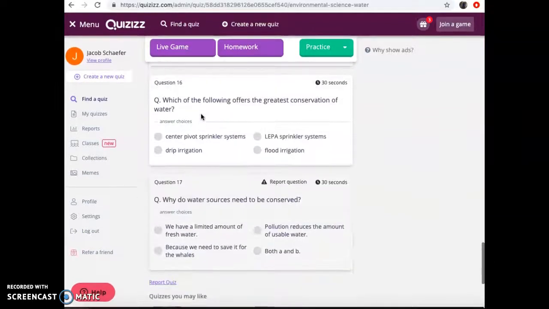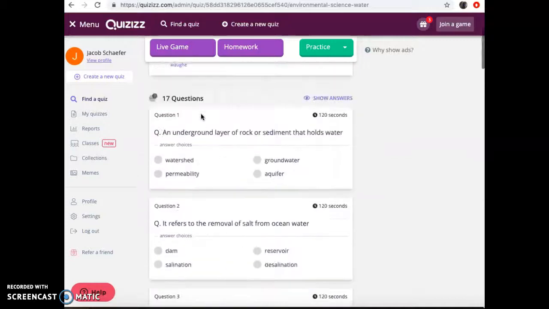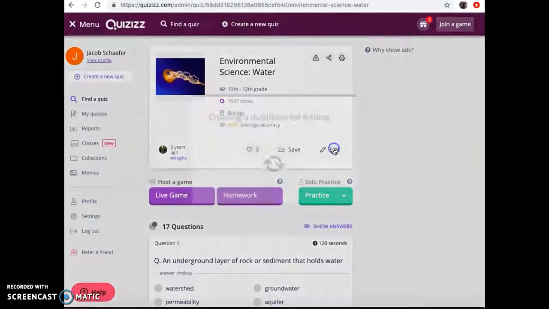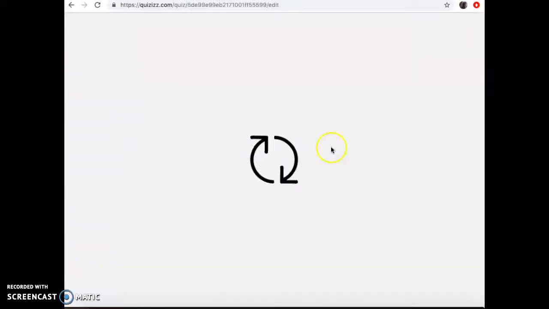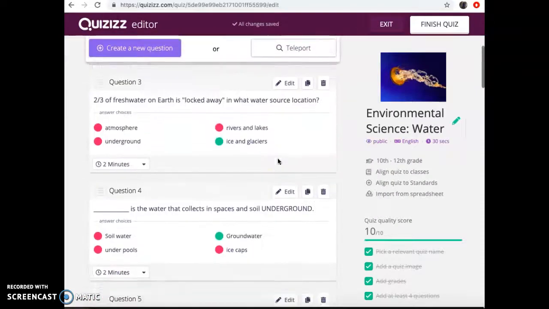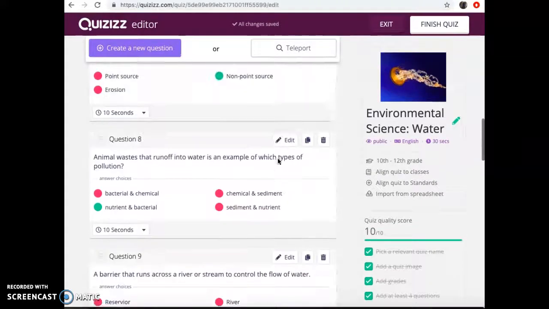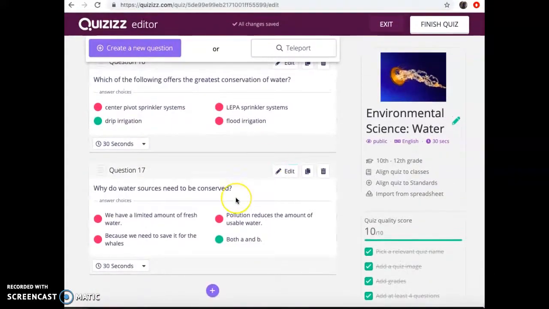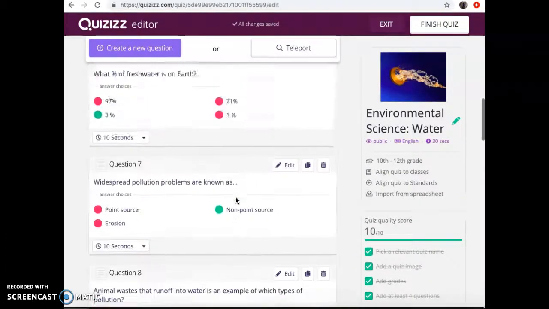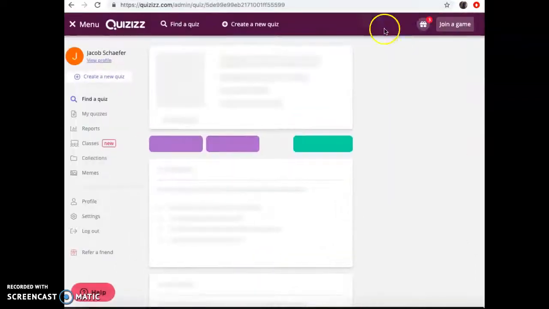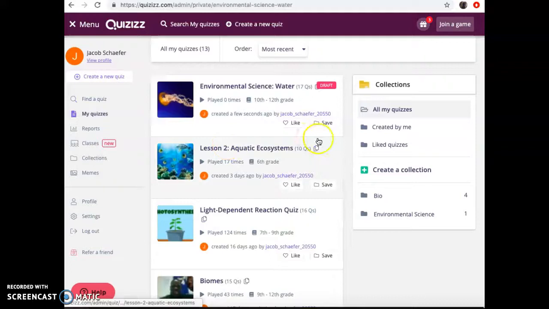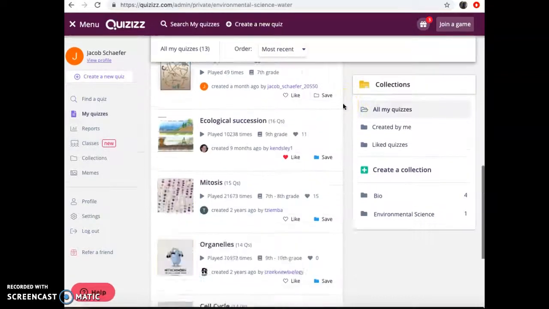What I've really enjoyed about this website is that if you don't like a question, or it has a little something that your class didn't cover, or your class has something the question didn't cover, you can easily go in and edit quizzes that already exist. And so I think it's really handy. They also keep a tab of all the quizzes you've used over here,